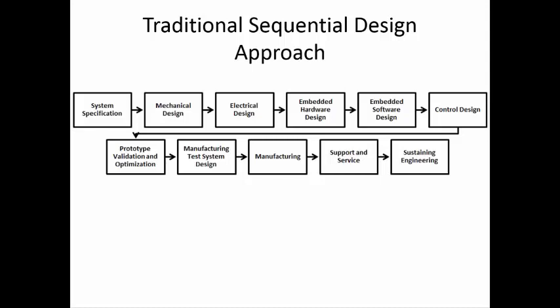Now, the next one is the embedded software and hardware design. They will see how exactly to control the solenoids so that the movement of the levers happens in an automatic fashion. Then finally, you are having the controls. They will check whether the movement has happened properly, and if not, some signals are generated. You have some arrangement by which we can change over the gears, and you are going to get the different speed control. So this is a traditional sequential design approach, a design problem.